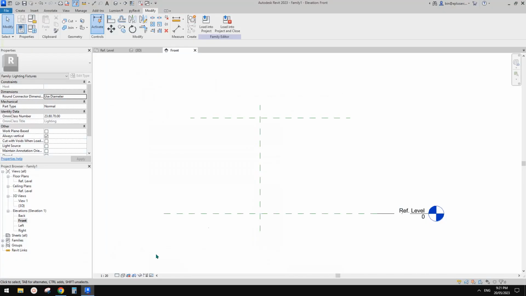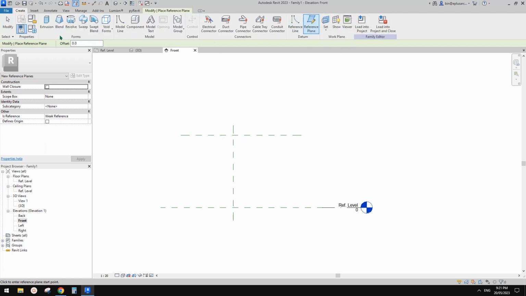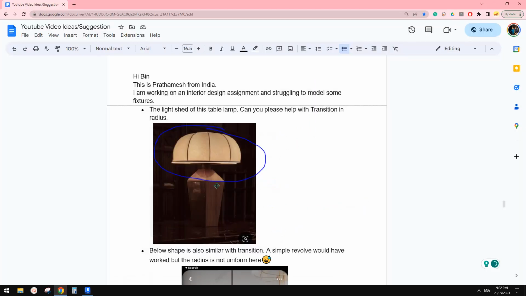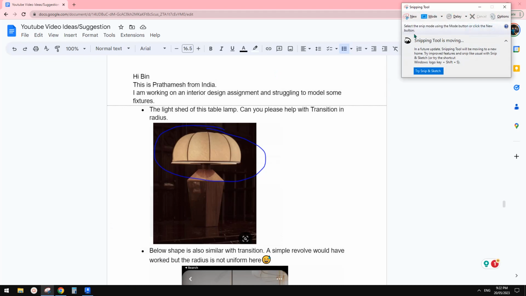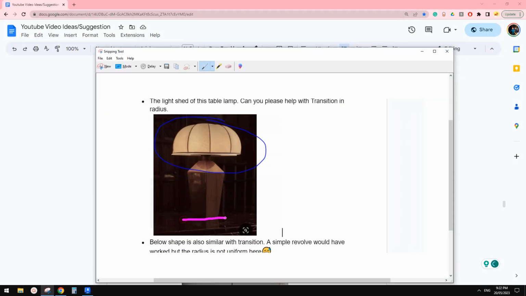Let's go to the family first. Let's create some reference planes, RP, or go to here. So create reference plane, or shortcut RP, to set some height. Let me just do a screenshot of this image. So we can do one reference, this is the base, the reference level. And then we need one level here, one level here, one level here, and one level here. So 1, 2, 3, 4. And the top,